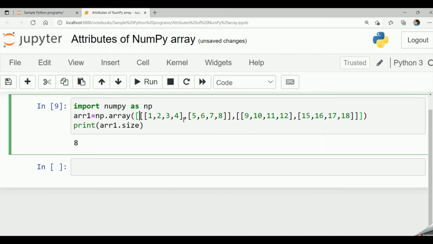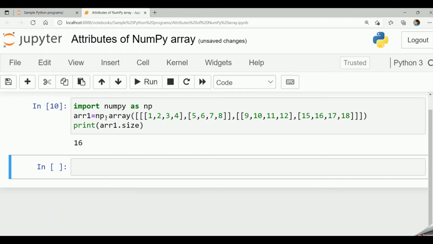The shape is 2 into 2 into 4. When I run the code, it gives 16. 2 into 2 is 4, and 4 into 4 is 16. So we can count the elements, or we can take the product of the shape, and we get the same value. There are 16 elements and it gives the size equal to 16.